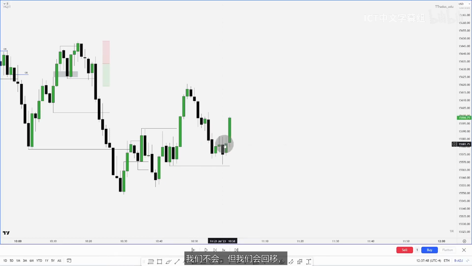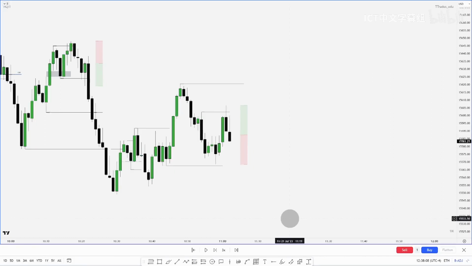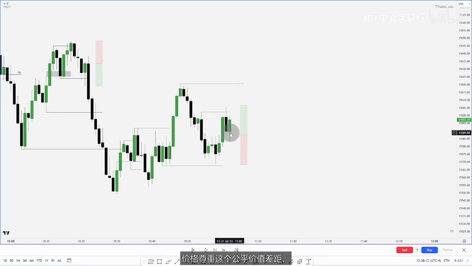We do not, but we get displacement back up, which leads me to believe where. Where should I be looking? Old highs. Okay. Failure to displace. Reach back into a discount of this range. We're in discount. Price respects this fair value gap, so I'd want to see a continuation higher to this high